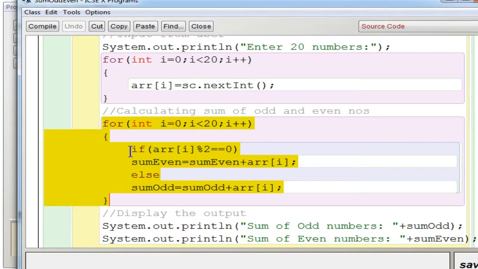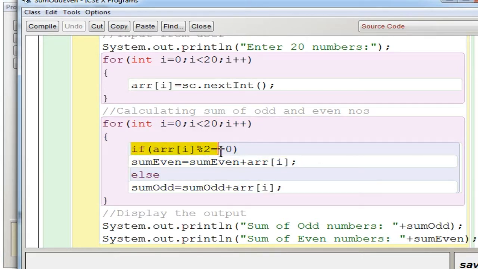Here I am going to check the condition: if ARR of I % 2 equal to 0. That means you are checking whether the number is divisible by 2. If it is divisible by 2, the remainder will be 0. So if it is 0, then it is an even number. You add it into the variable: sum even equal to sum even plus ARR of I. ARR of I is the element, and you add it to sum even, which has a default value 0, and the result is stored in the sum even variable itself.